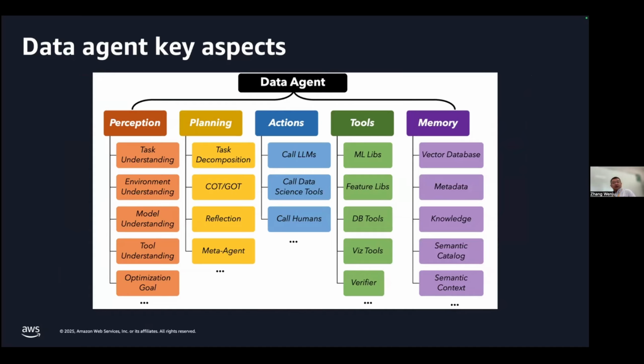For instance, the knowledge of your business is usually in your own knowledge base, in your own repository, in your own system.